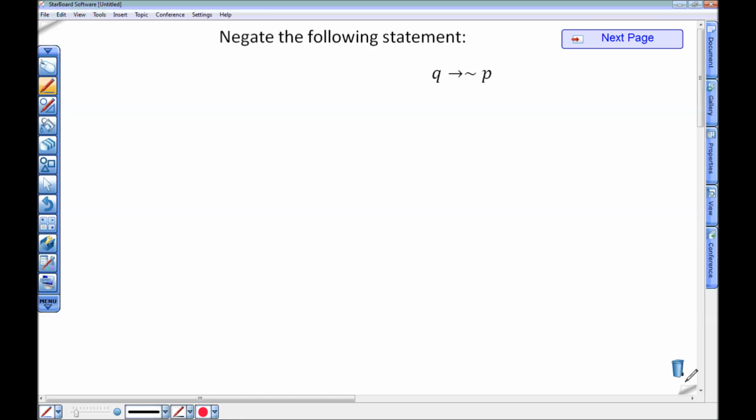Okay, one more. If Q, then not P. So recall, to negate this, leave the first part alone, change this to an and, and negate the second part. The negation of not P is going to be P. So the negation of if Q, then not P is Q and